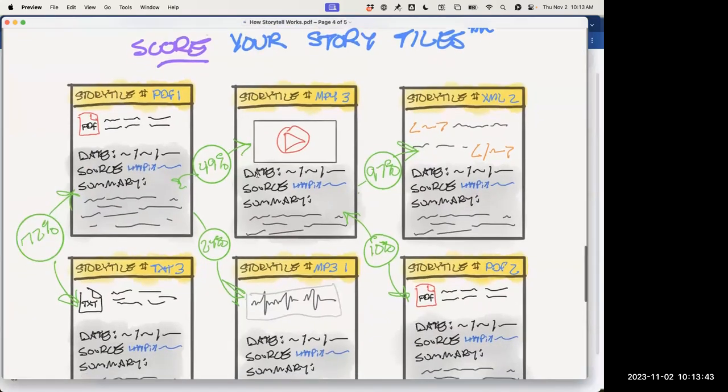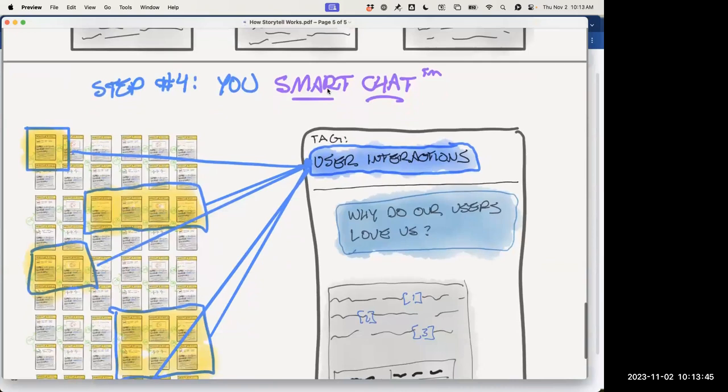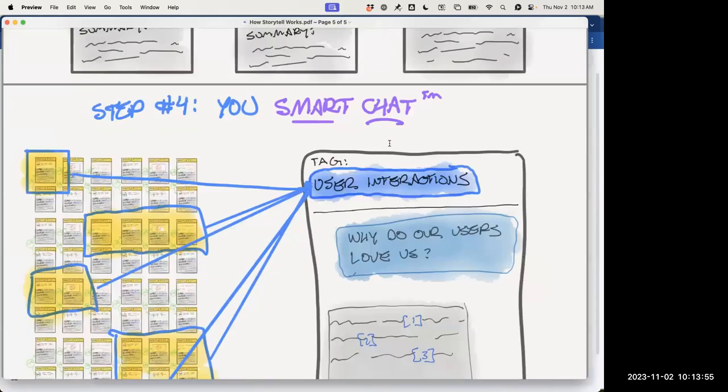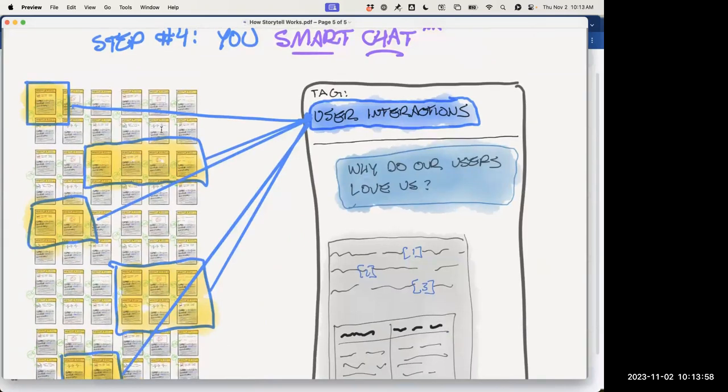And so what this allows us to do is create these dynamic data containers that we call smart chats. Again, we're going to show you all this, and in fact, let you do this yourself. But a smart chat, think of it as a boundary around all of the content. Let's imagine you've got this big database inside Storytell of all the Storytells from all the content you've uploaded, and you say, I want to create a small container of just all the user interactions that have happened at my company. And so we look for all the Storytells that are related to that,